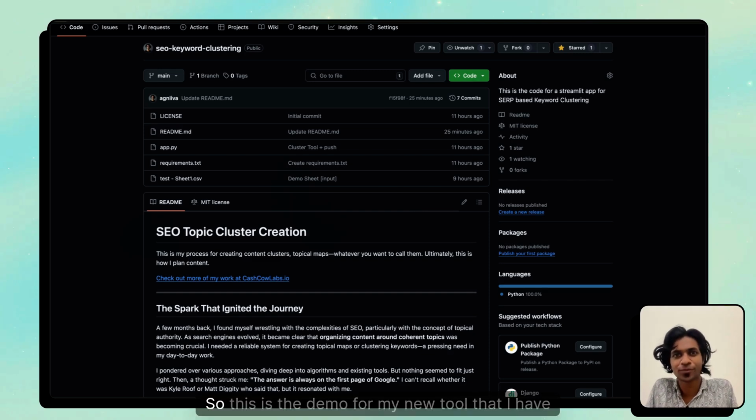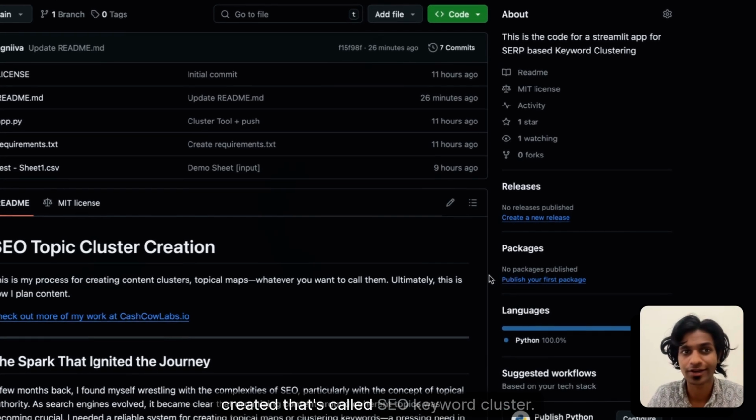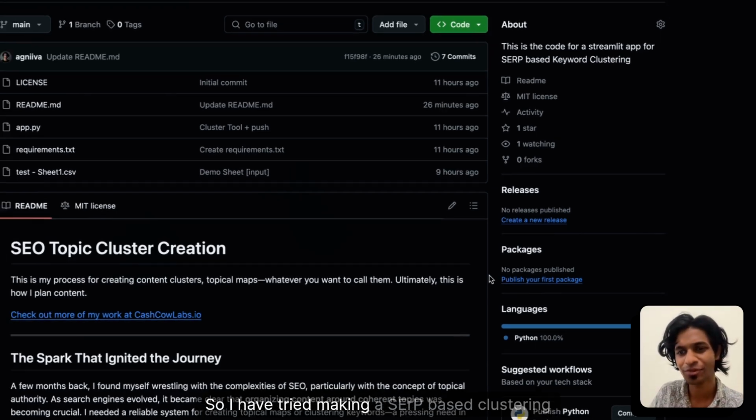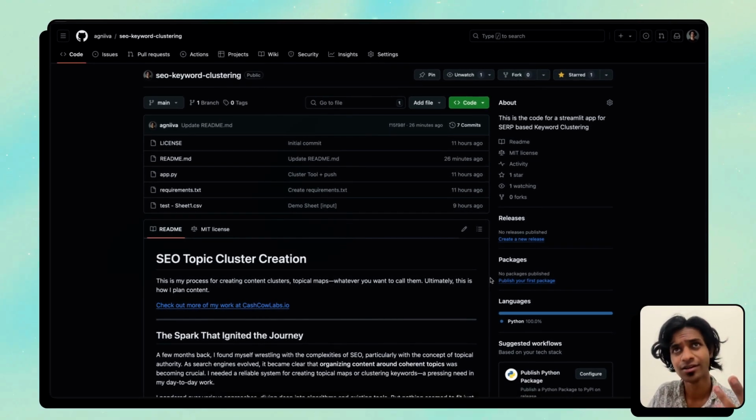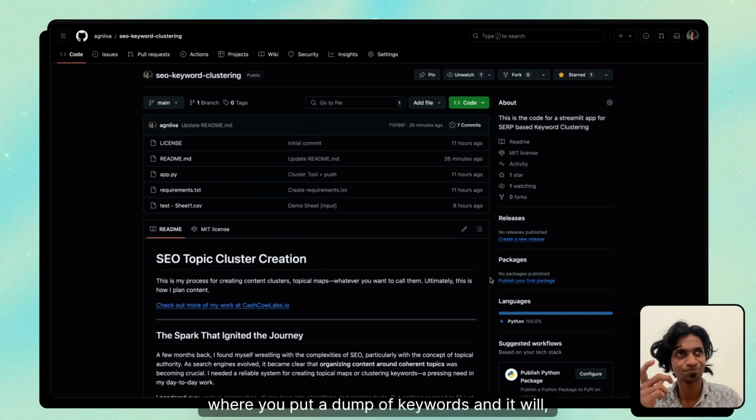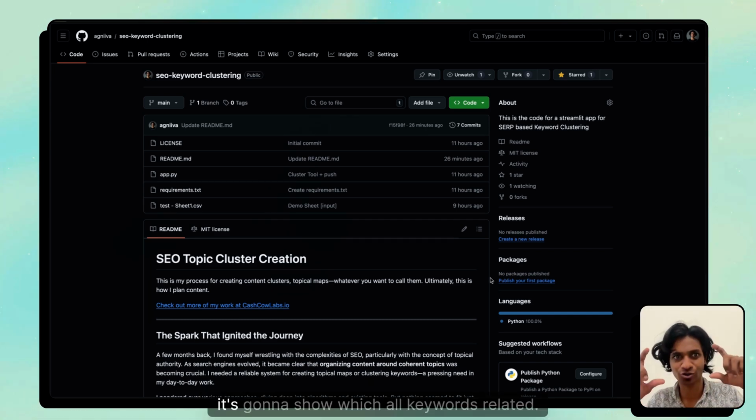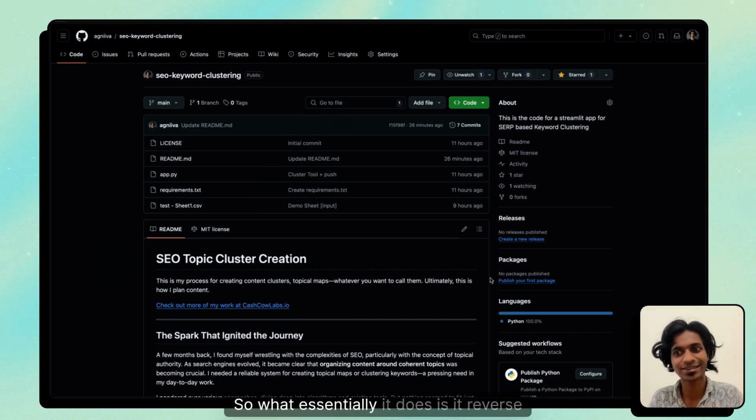Hello people out there. So this is the demo for my new tool that I have created, called SEO keyword cluster. I have tried making a SERP-based clustering tool for keyword research, where you put in a dump of keywords and, based on the SERP results, it shows which keywords are related. Essentially, it reverse engineers Google's own algorithm and tries to figure out what Google sees